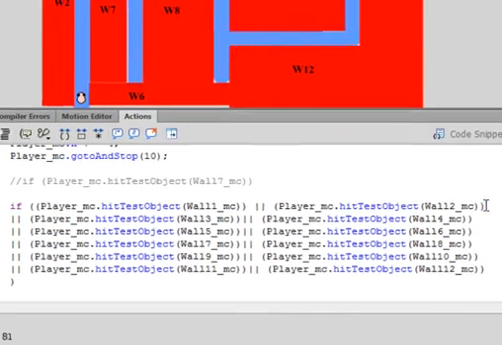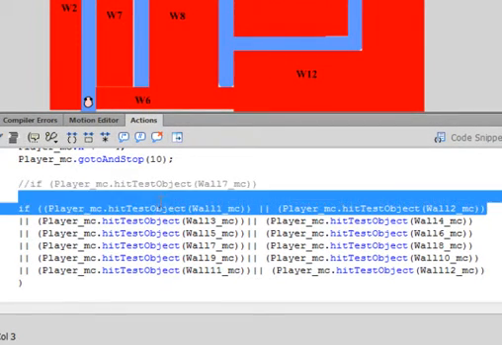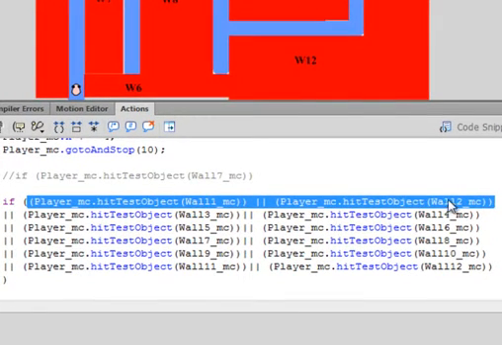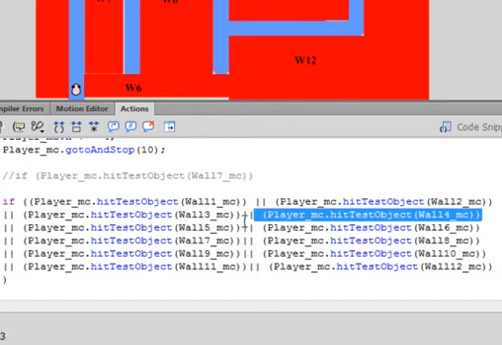So if you take all that right to there, copy that, insert a line, enter, put your 2 pipes, paste it in, and then change this to wall3 here, change this to wall4. Now copy that entire line,